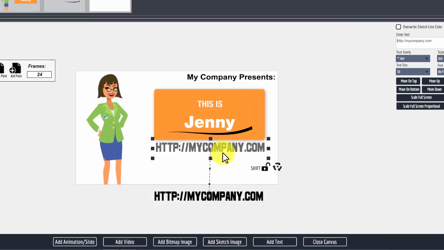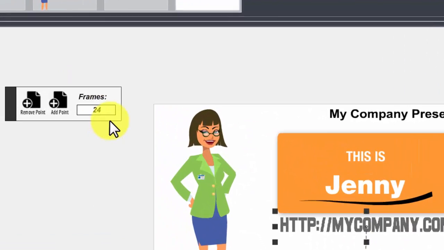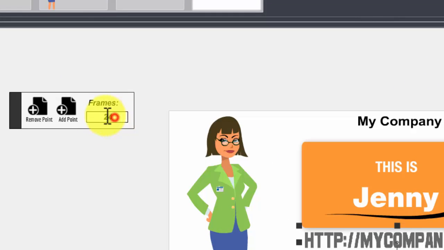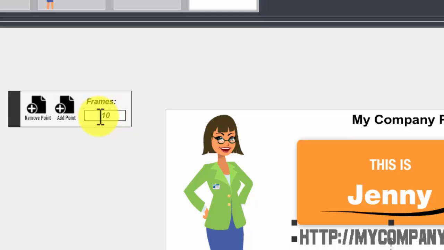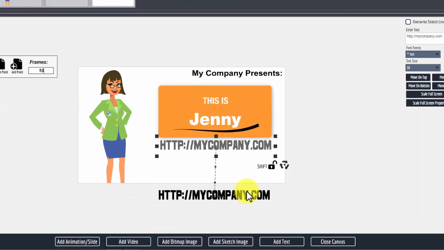So it's going to go from here to here in this many frames. So 24 frames, 1 second. I want it to pop a little bit. I'm just going to put 12, which is a half a second. I'm going to try 10. I want it to just go boom. So